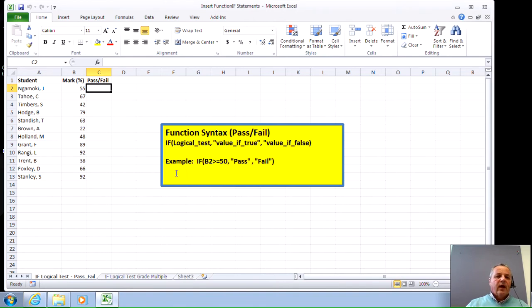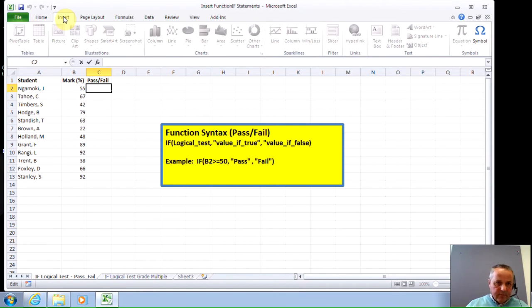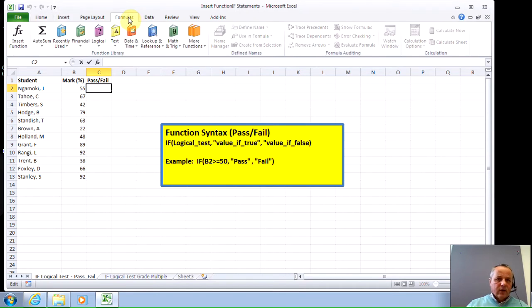Now, I personally like to write my formulas by hand, and that's what we've done so far in the course. But you do need to know how to insert a function, so I'm going to do it the insert function method, if you like. Click on Formulas. Here's the Insert Function button. But before we do that,